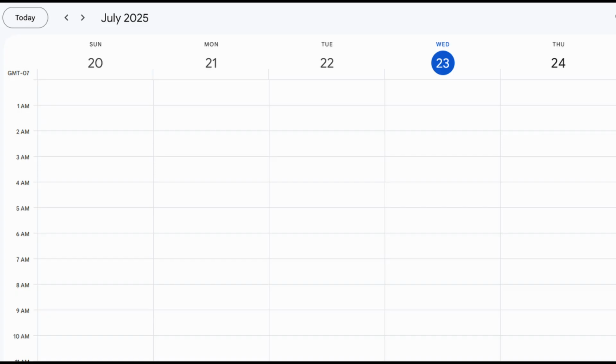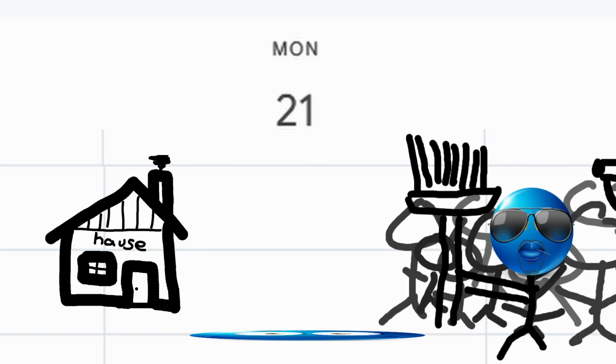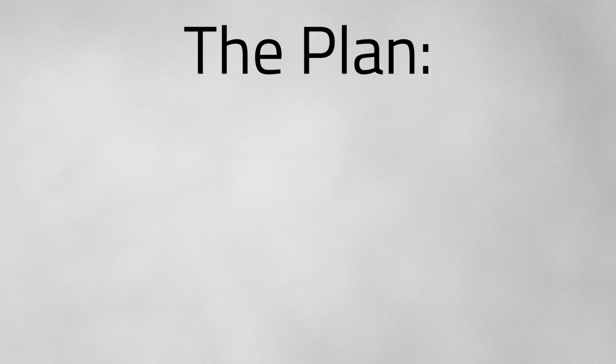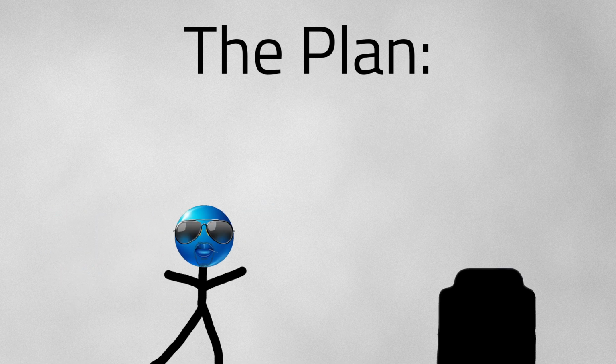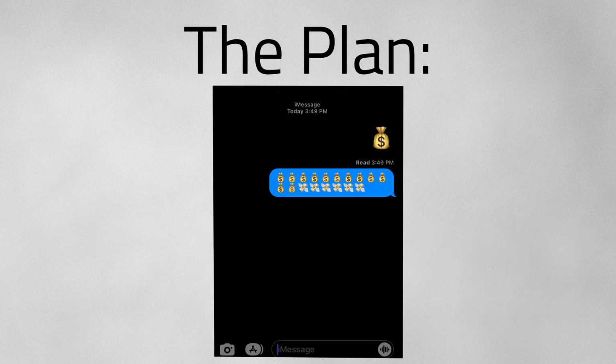Today I'm going to build a button that sends messages in Discord, because every Monday we get kicked out of the house at 8:30 in the morning because our cleaners come and we don't know when they are finished. When the cleaners are finished cleaning, they will just click the button and my mom will get a notification on Discord because SMS notifications cost money. For projects like this, it's good to start off with